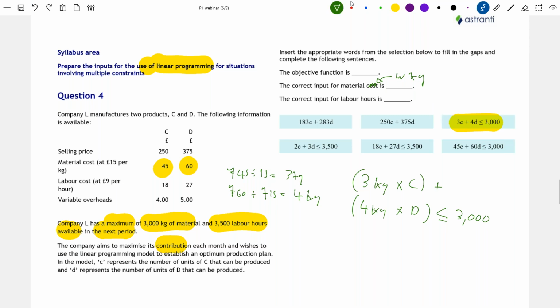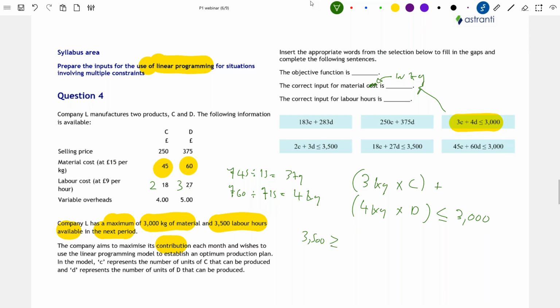Now the same logic will apply to our labour hours. So given that labour is £9 per hour, £18 is our cost for C and 27 is our cost for D. This means that it is 2 labour hours for C and 3 for D. So given that we have 3,500 labour hours available in the period,